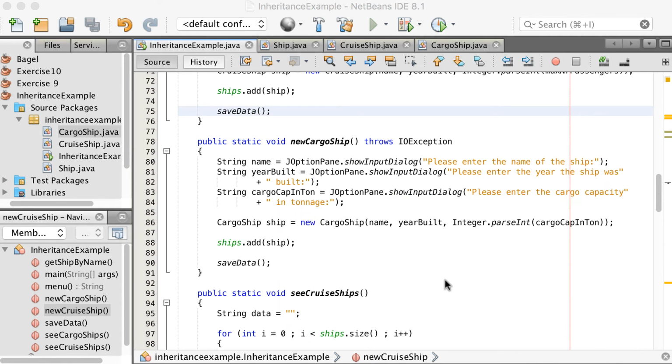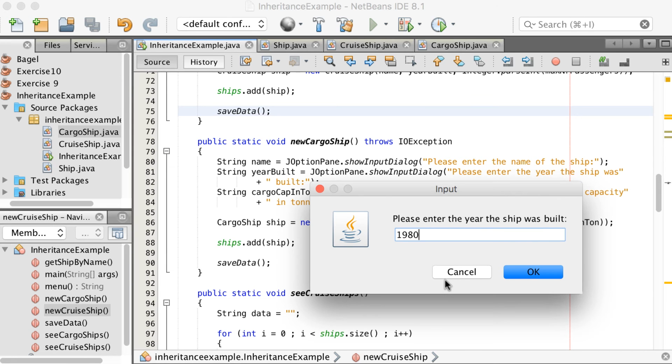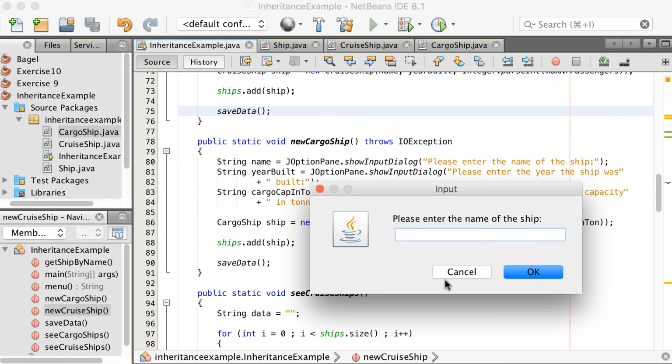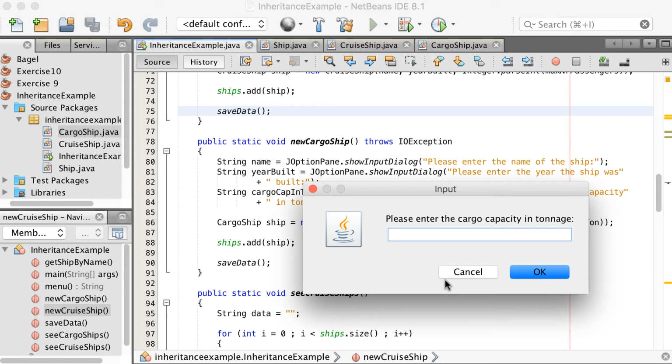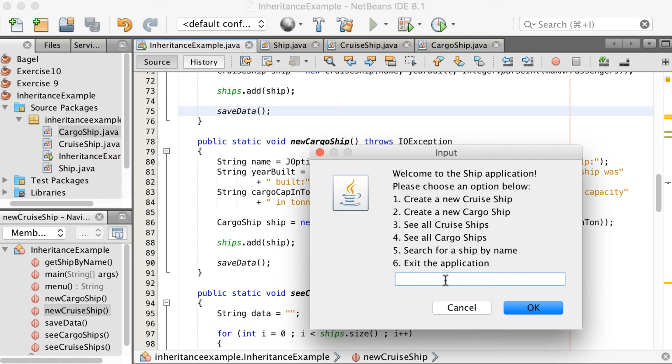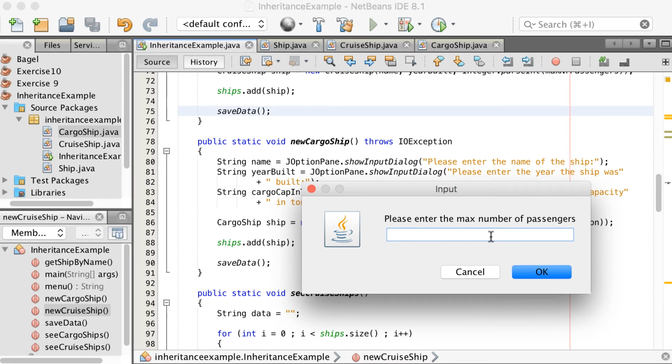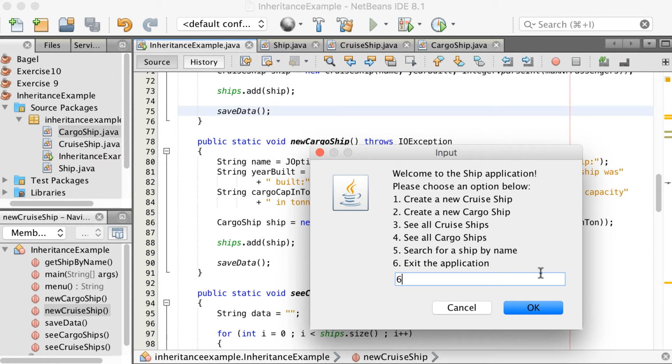let's create a new cruise ship now. So I'm going to say the name of the ship, let's say Johan again, the year 1980, and 36 passengers. Let's create a cargo ship as well. Let's call it Mary again. Let's say 9060 and 2000. Let's add another cruise ship. Let's add the Titanic. And the year that the ship was built in, I don't know, let's say 1925. And the number of passengers, let's say 2000 passengers. And say OK. Now if I exit the application,